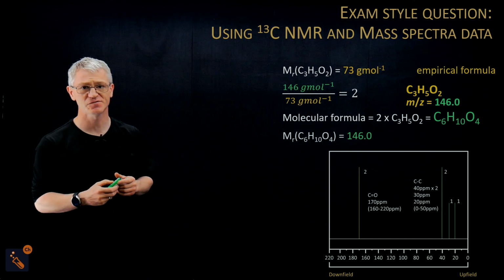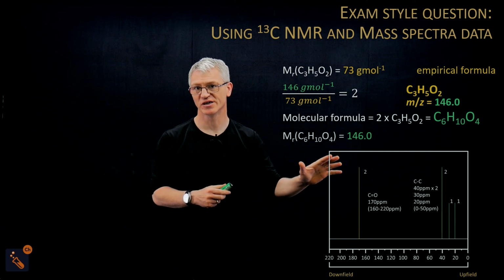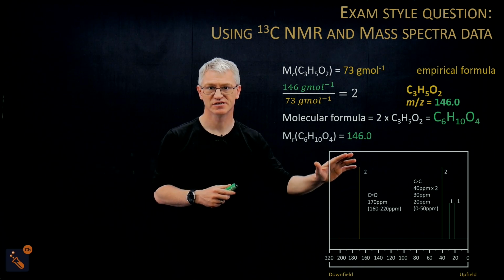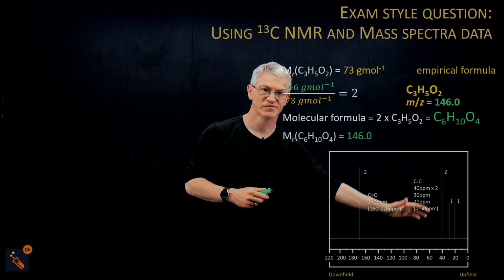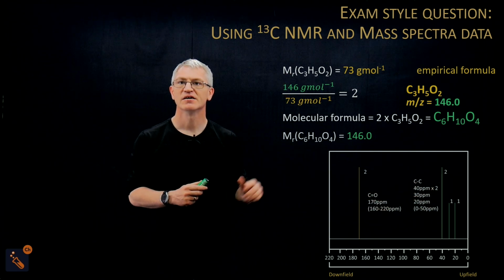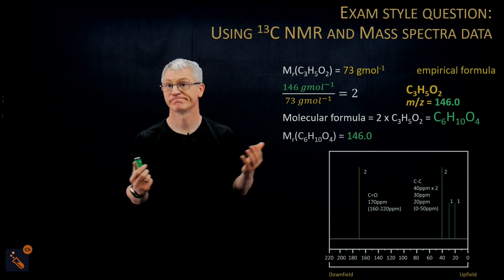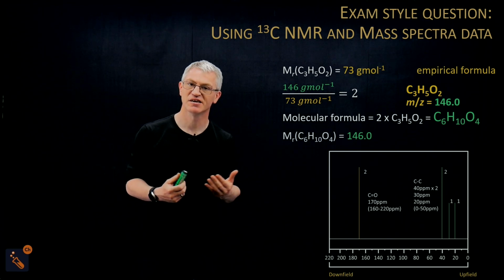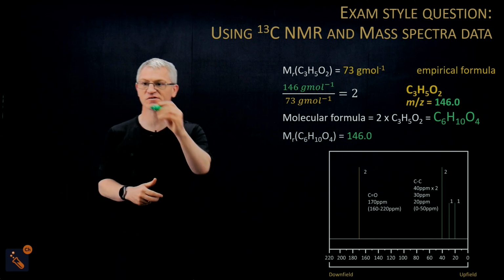Now, first of all, I want you to get used to thinking of it in the way I think about it: you have got 2 carbons in the same environment and 2 carbons in the same environment. The other thing you need to look at is you have 4 oxygens. So what does that suggest? Well, that suggests that you have an ester, or you have a carboxylic acid. So I'm going to go for a carboxylic acid